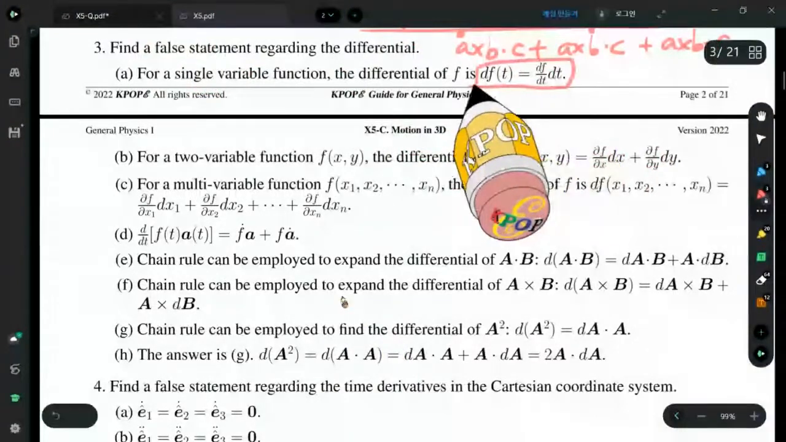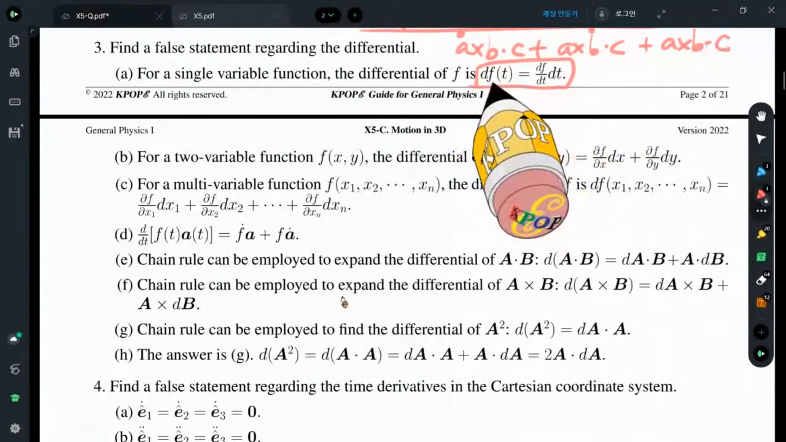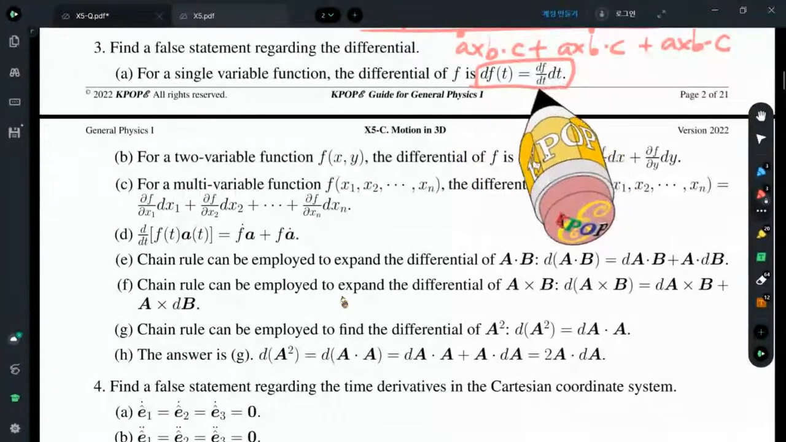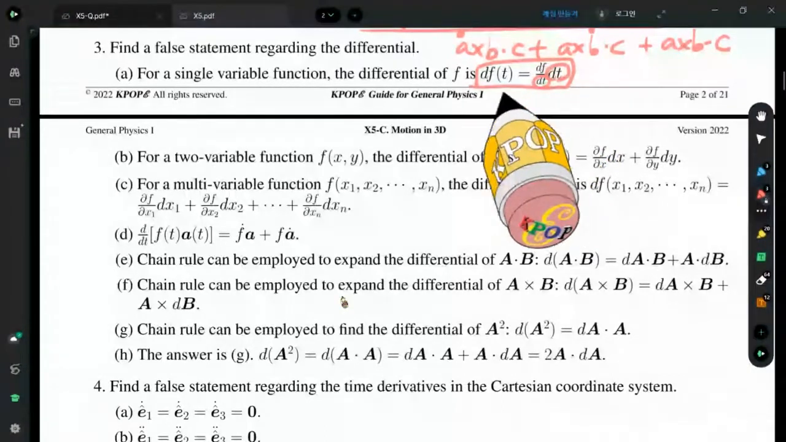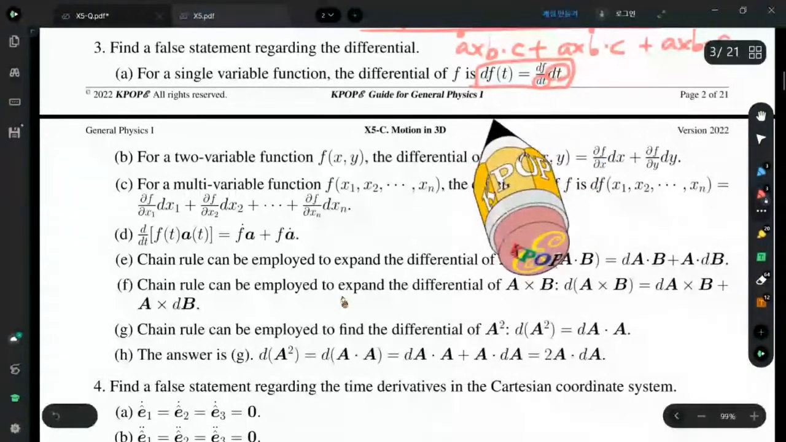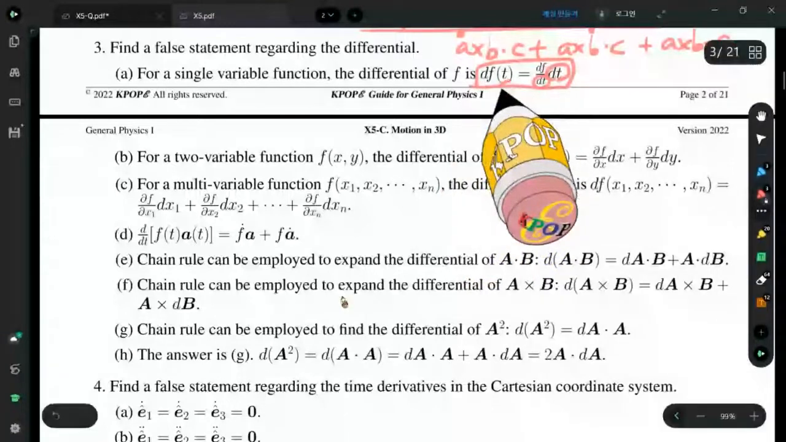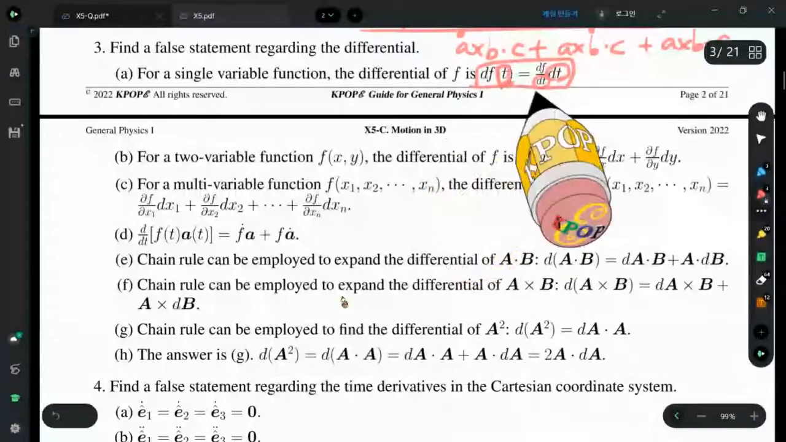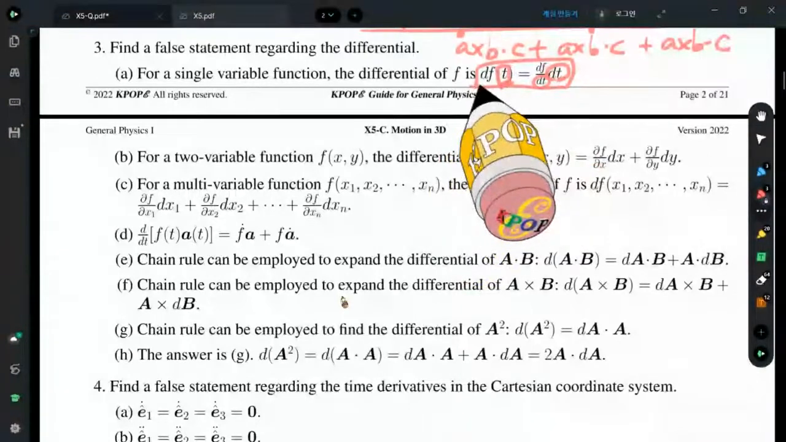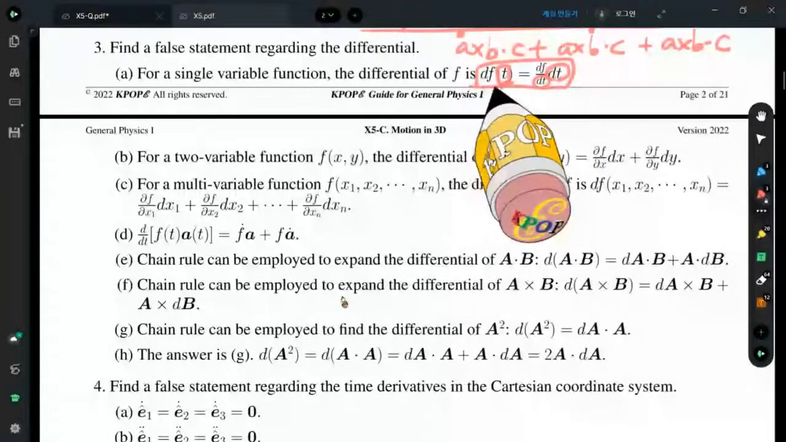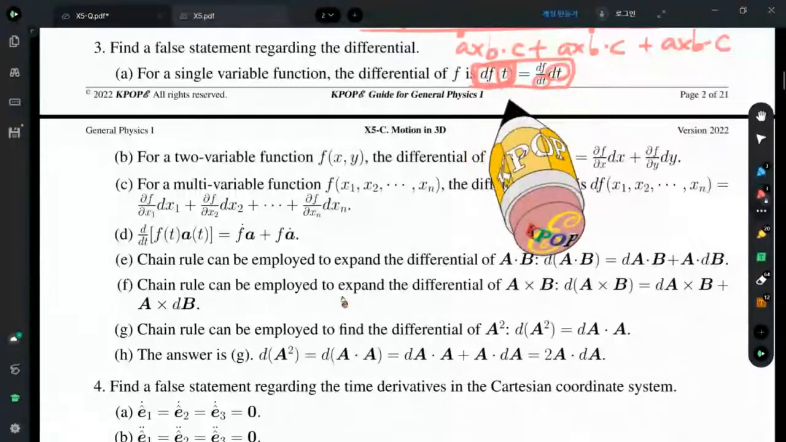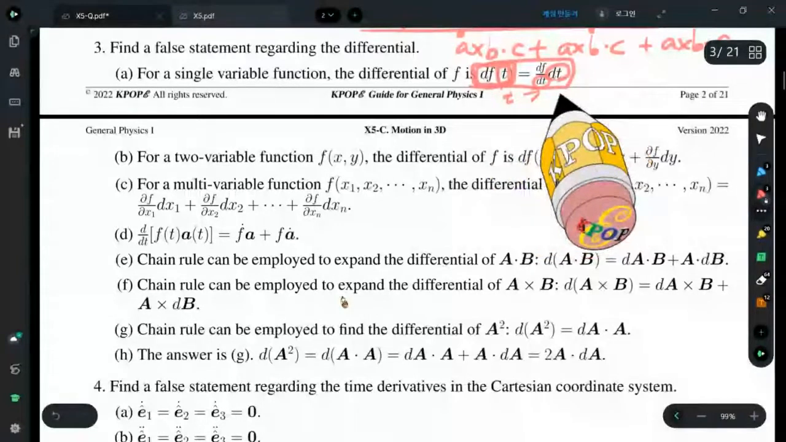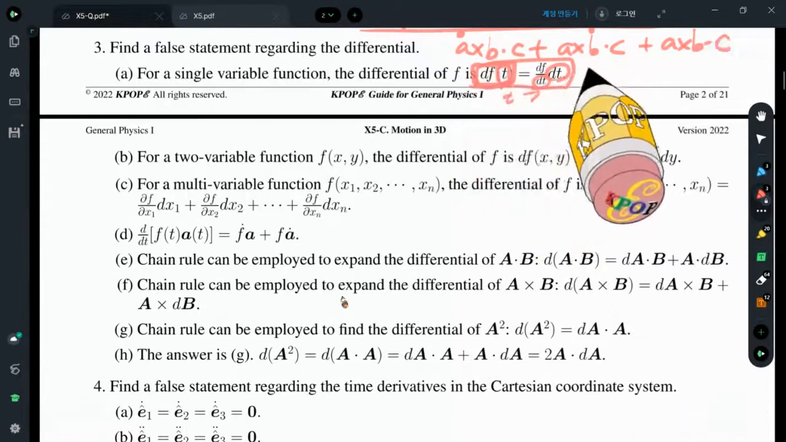For a single variable function, the total derivative is the derivative of this function multiplied by the differential of this. So when we integrate a function that is a function of a variable t, then the total differential is independent of that one. So it is a much more convenient form. I can always change the variable from t to any other useful, more convenient variable using this method. Remember,